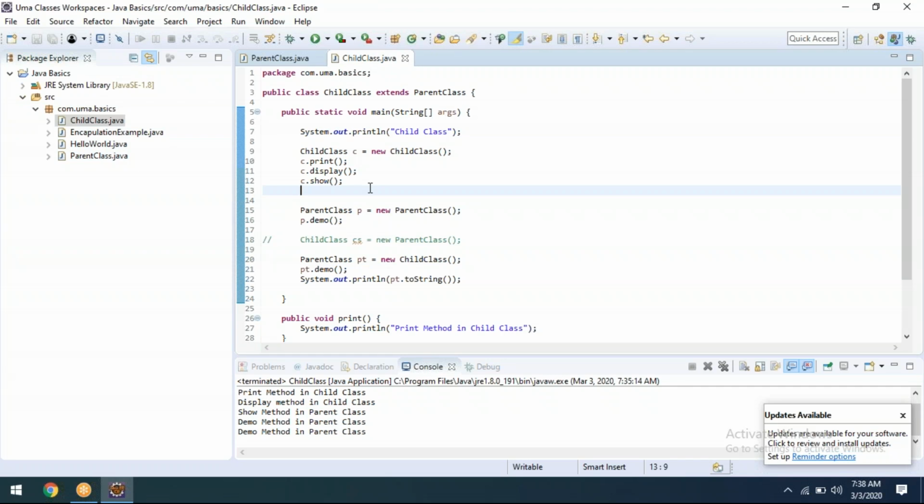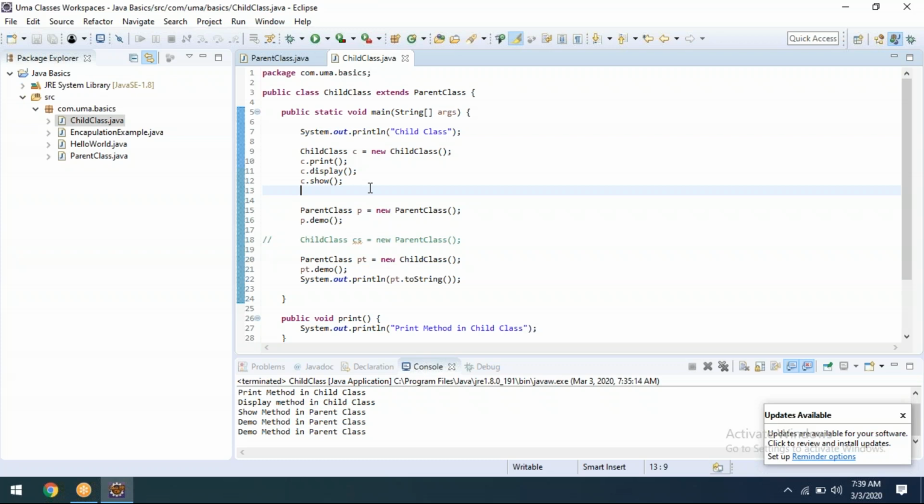Then not only the public methods and public variables. If the variable or the method is declared as default, then we are able to call that by using the child class object.